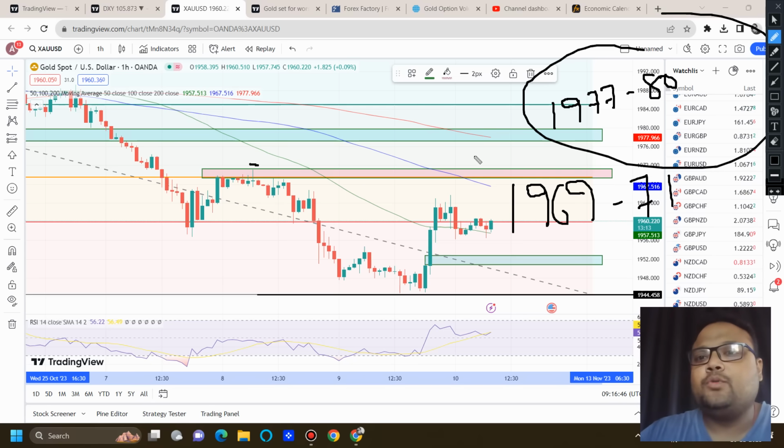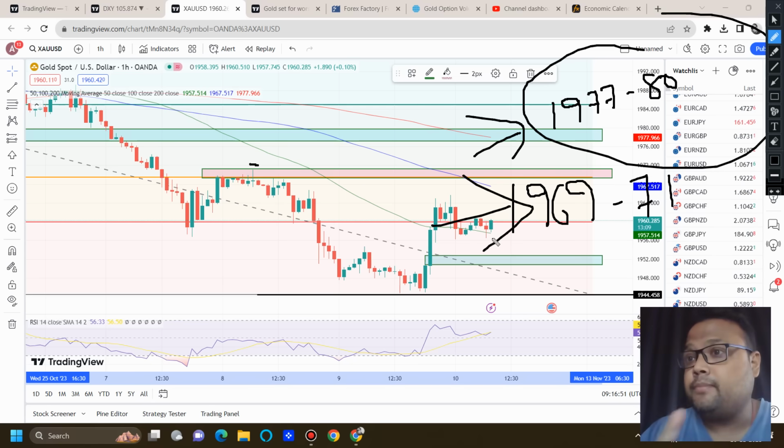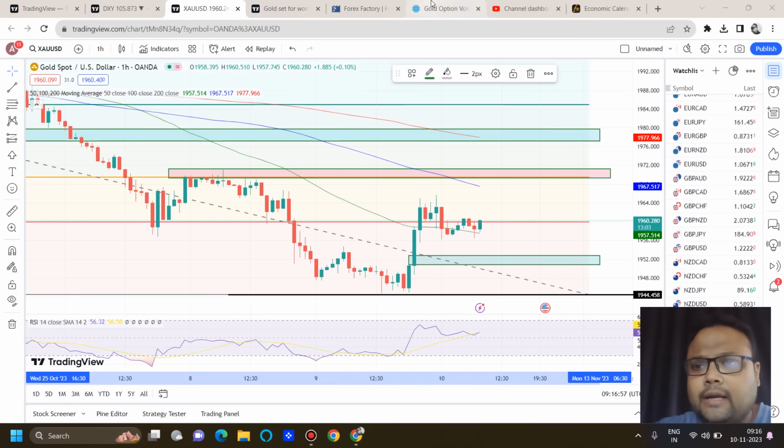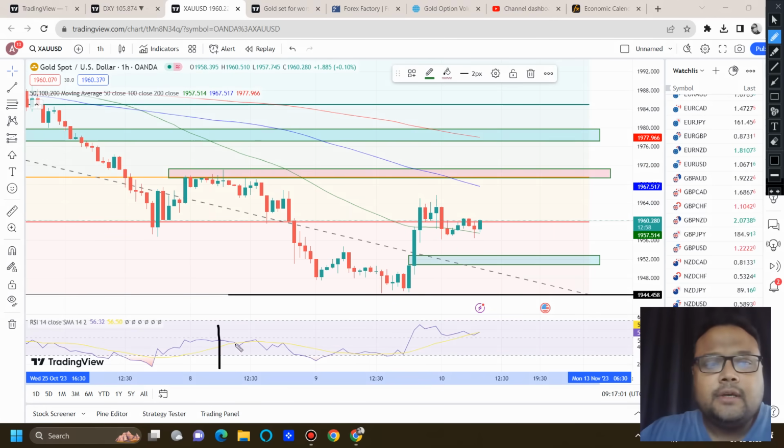So these are the two levels. Once you see the market reversing, then only go for a sell. Confirmation is important, because we are retail traders, our capital is limited. Do not gamble. On the other hand, if you see the market coming down, then my dear friends, if you are